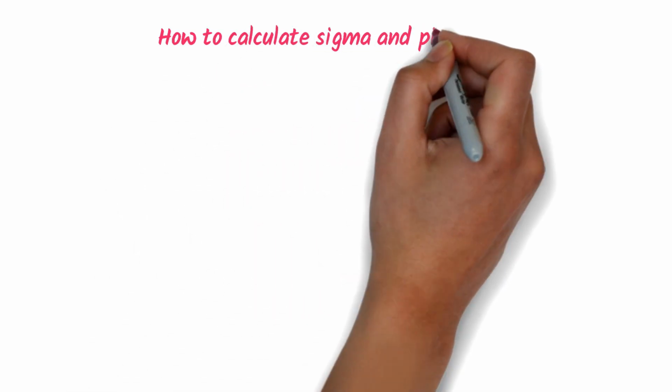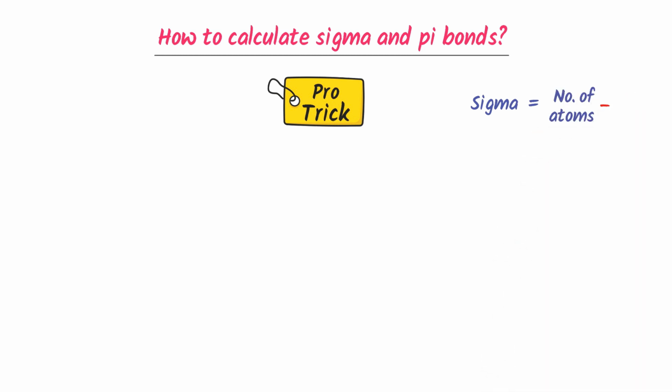How to calculate sigma and pi bonds? Well, I will teach you my personal pro trick. The trick is the total sigma bonds present in a molecule is equal to total number of atoms minus 1,